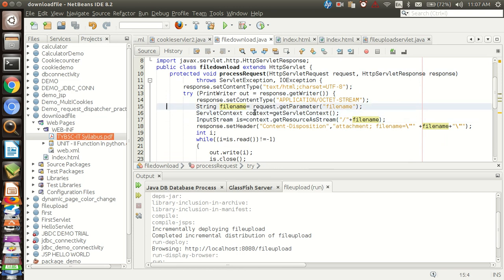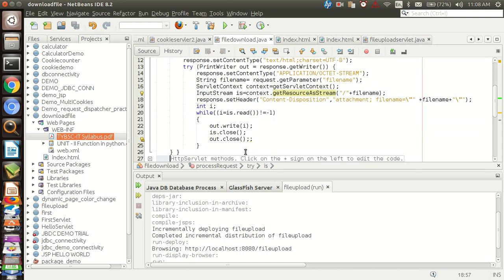So for this, the ServletContext method getResourceAsStream is used, with forward slash as a parameter, because it recognizes that the file is present in the current directory, but with the slash it means the file is in some folder within the current directory. That's why the slash is written.